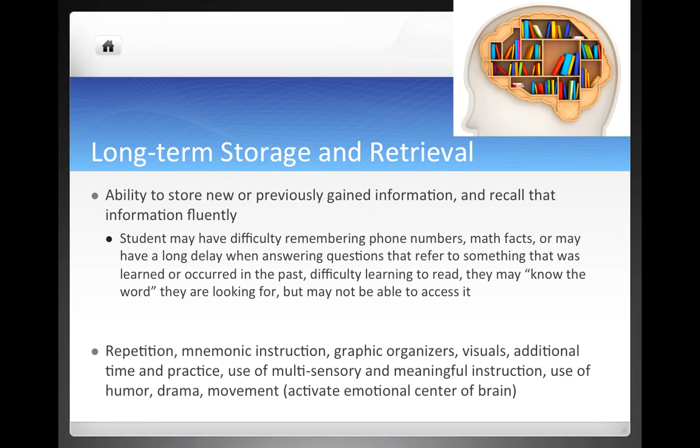So to help students with this issue, using repetition, again, the mnemonic instruction. So an example of that would be using Roy G. Biv to help students remember the colors of the rainbow, where each letter stands for something. R for red, O for orange, so that you're giving some more meaning to something that might need to be memorized or recalled. The use of graphic organizers can really help to